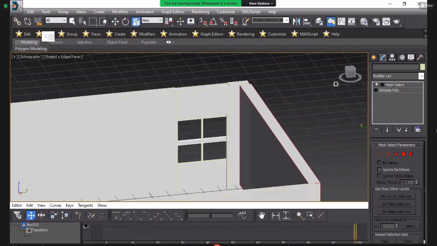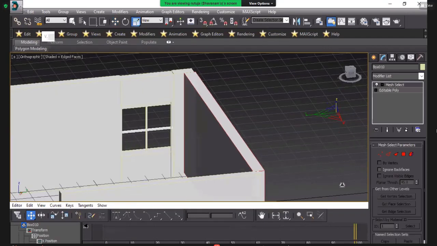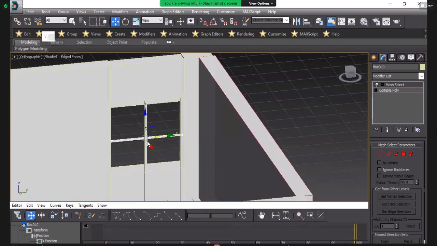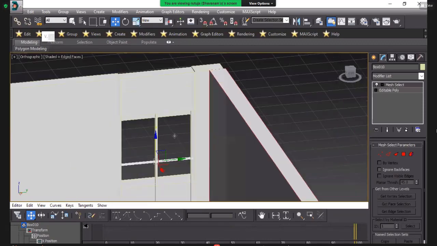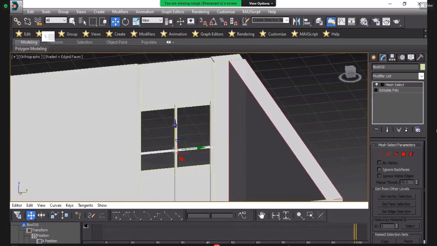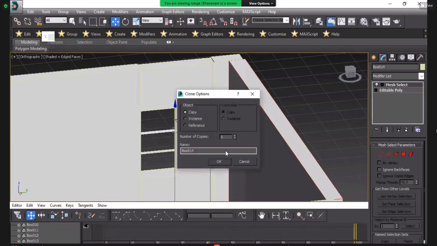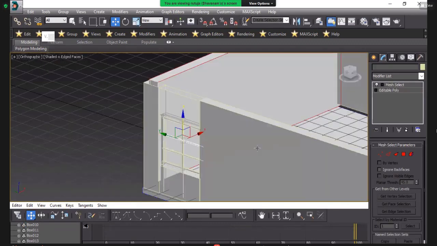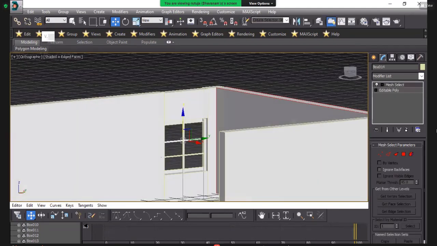I will select this one and reduce the thickness. Like that, this is your window. I will show you in your picture also.